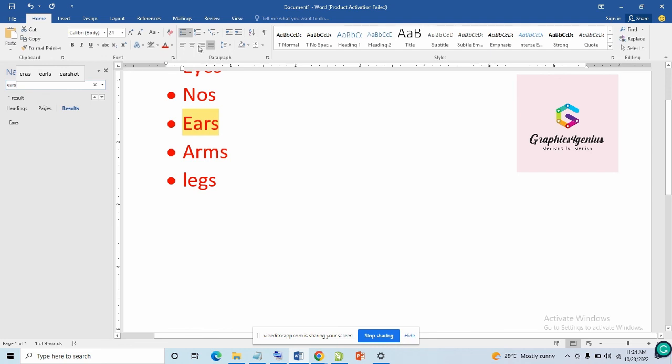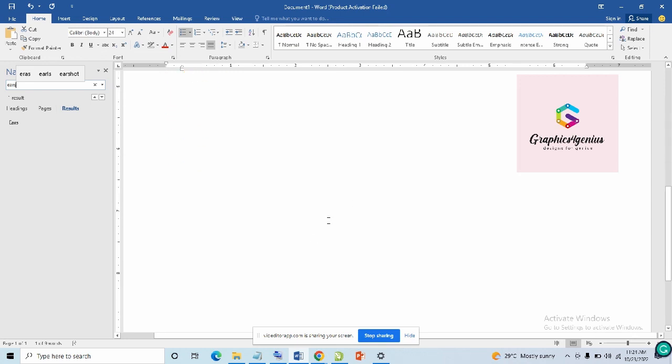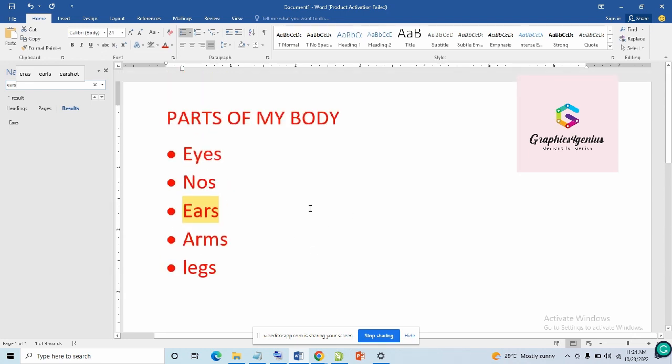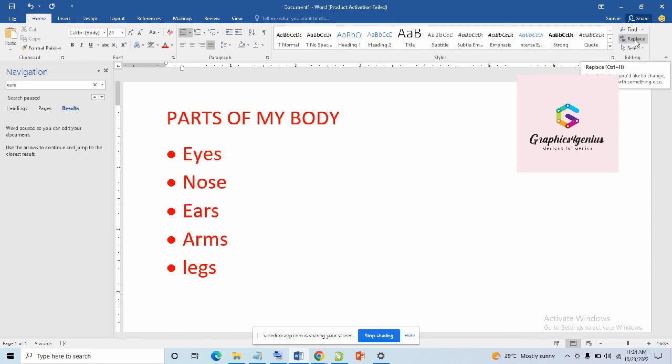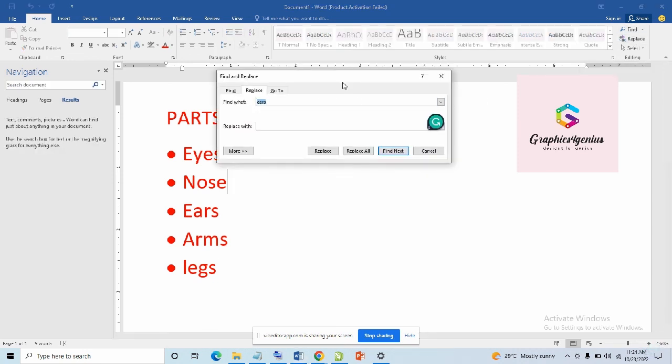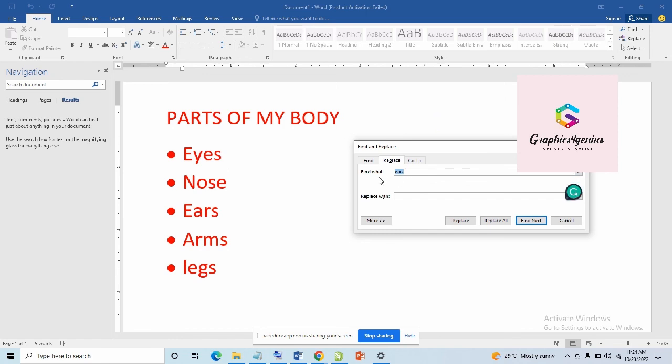So if you have a lot of documents, so much text, and you are looking for a particular text to change a correction or something, you don't need to start scrolling and scrolling. Just use the find tool to look for it. Okay, it's as simple as that. So let's correct this. You can also find and replace. If I click this, it's going to come here. Now let's say you find what. So let's leave it as yes. Find yes, okay, and replace with